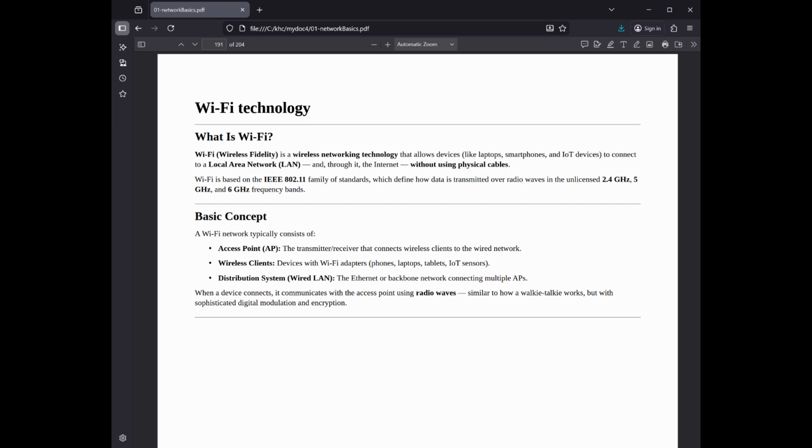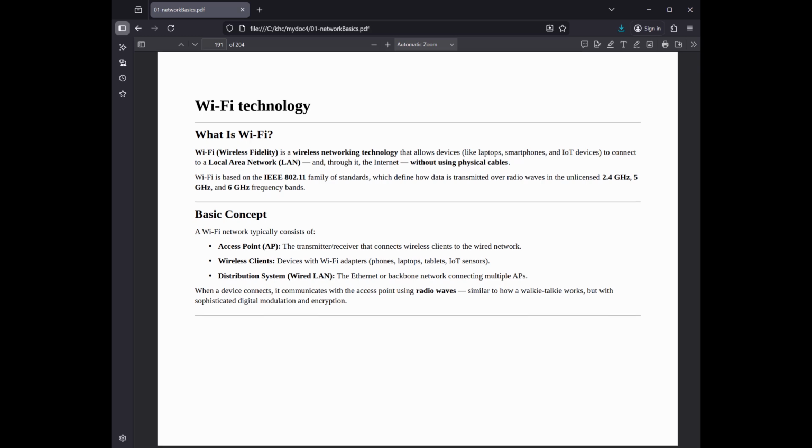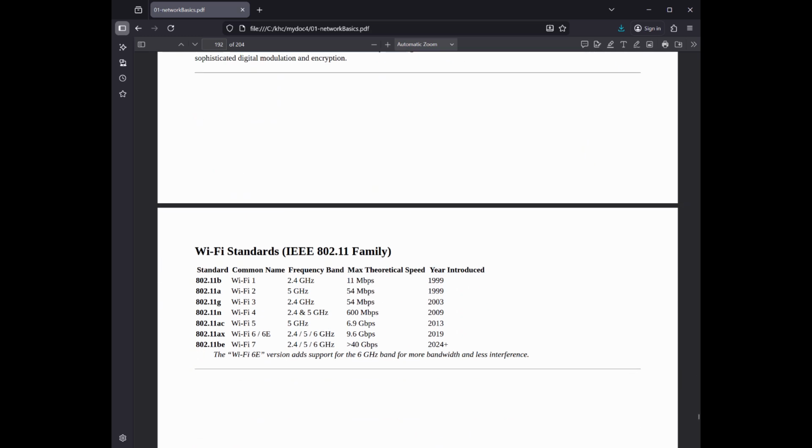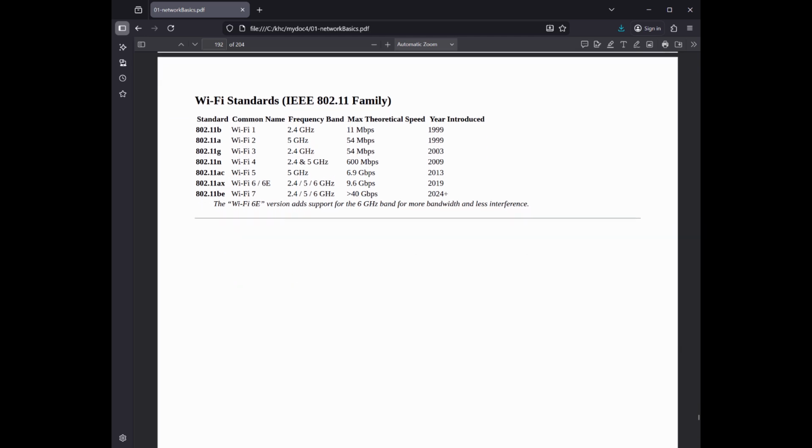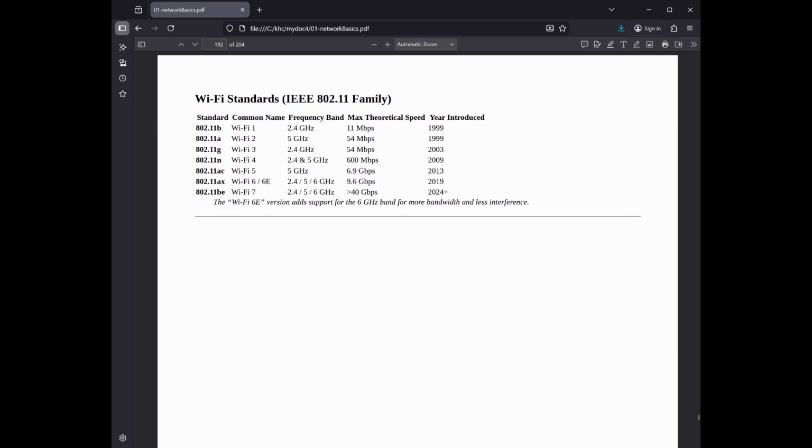History and evolution. Wi-Fi has evolved through several generations that offer increasing speeds and efficiency. General release year, theoretical max speed, standard, key features. Wi-Fi 1, 802.11b, 1999, 11 Mbps, first mass market success, 2.4 GHz. Wi-Fi 4, 802.11n, 2009, 600 Mbps, introduced